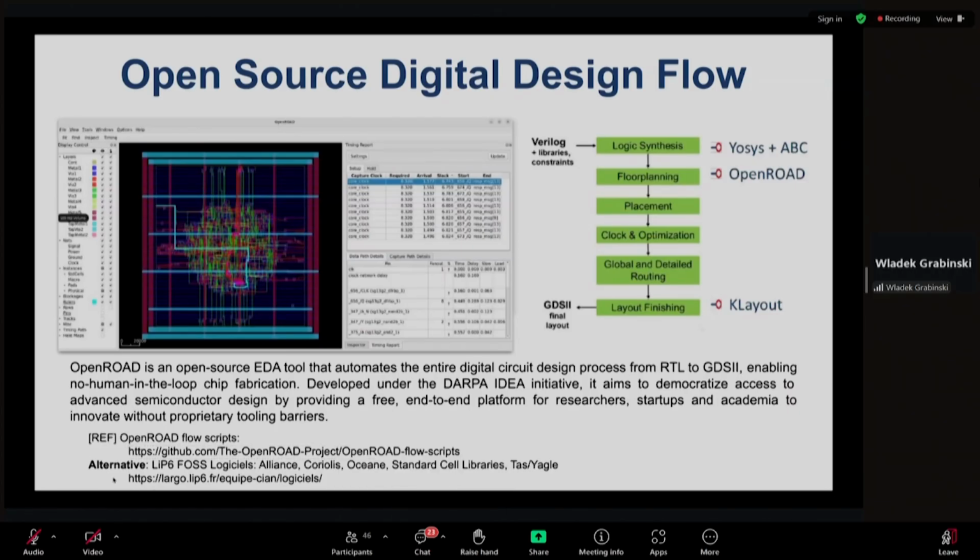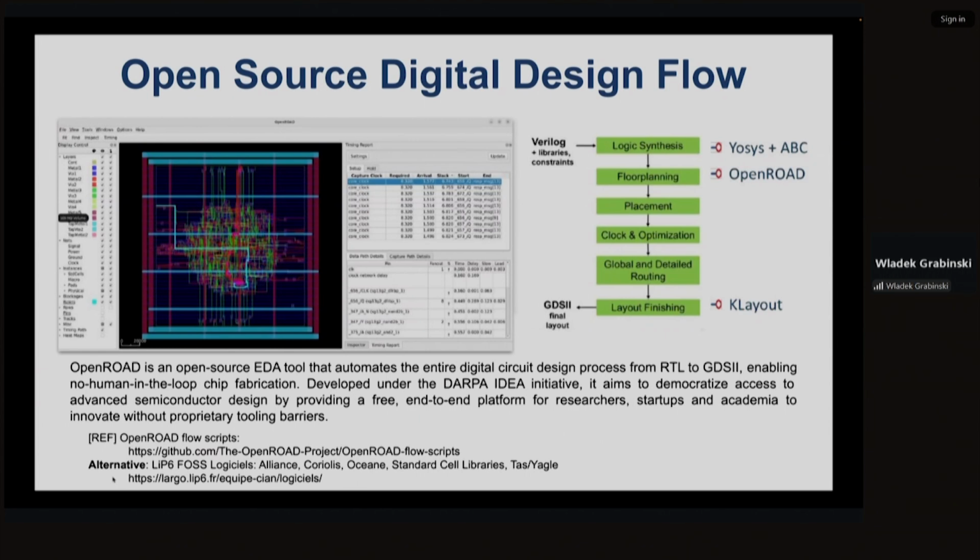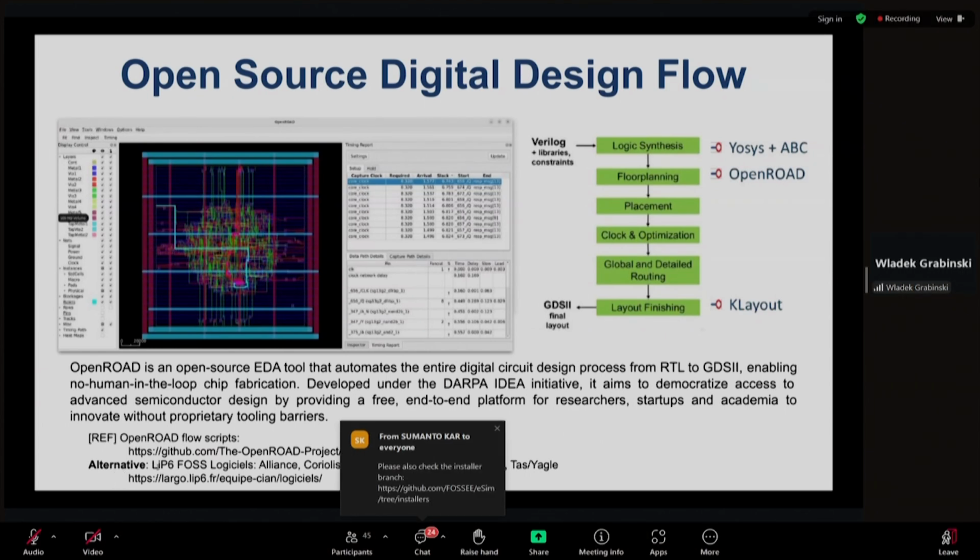In Europe, we have a couple of tools developed by the Leti laboratory in France. They provide an alternative to Yosys and OpenFlow.